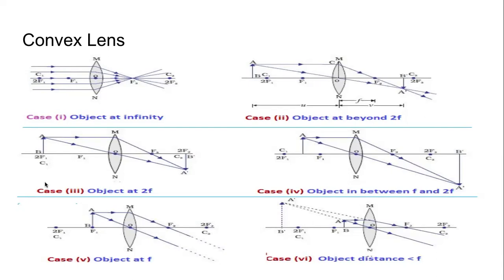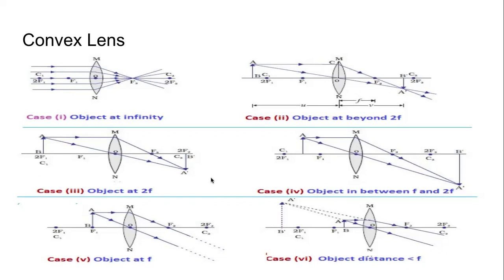and we will try to find the head of the image. And once we have found the head of the image, from there we will draw a line to the principal axis. कभी वो ऊपर की तरफ जाएगा, कभी वो नीचे की तरफ आएगा. So here we have the object. ये उसका सर है, head है. We are finding the head of the image, and this point we join with the principal axis, so we get the image.